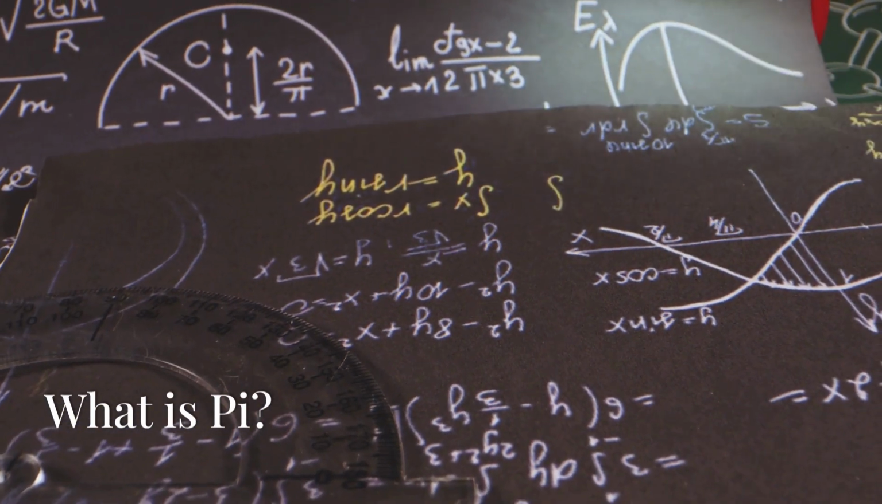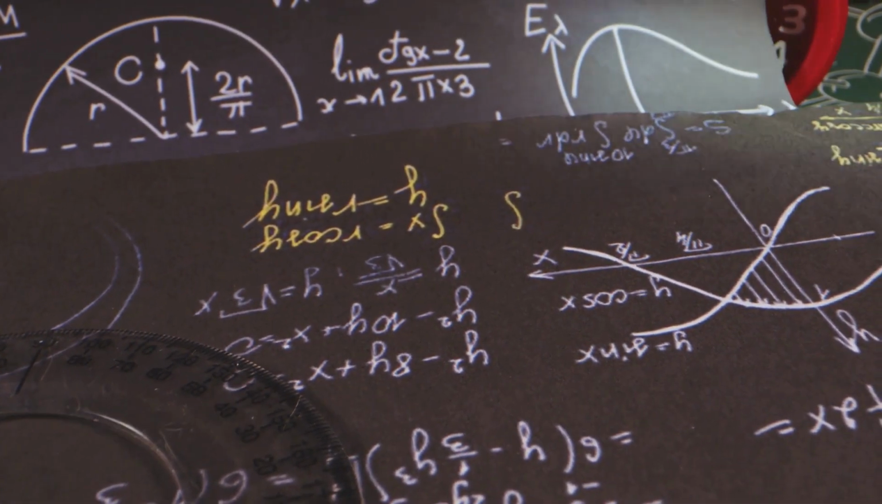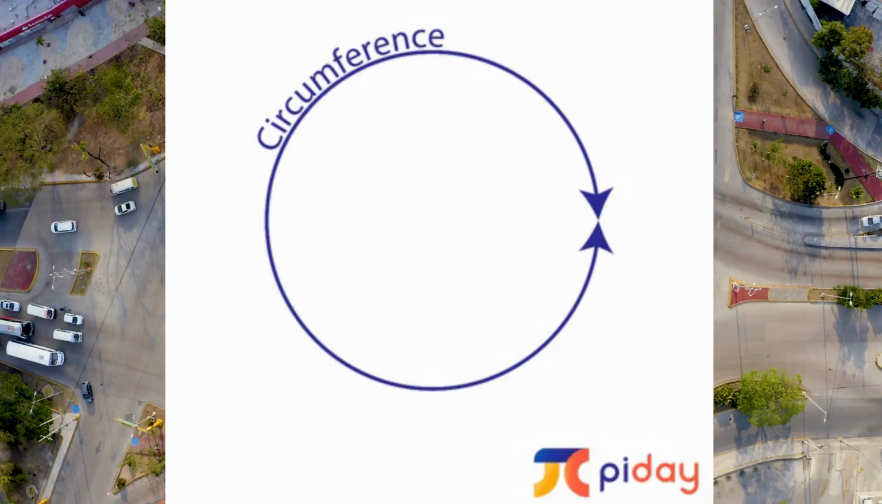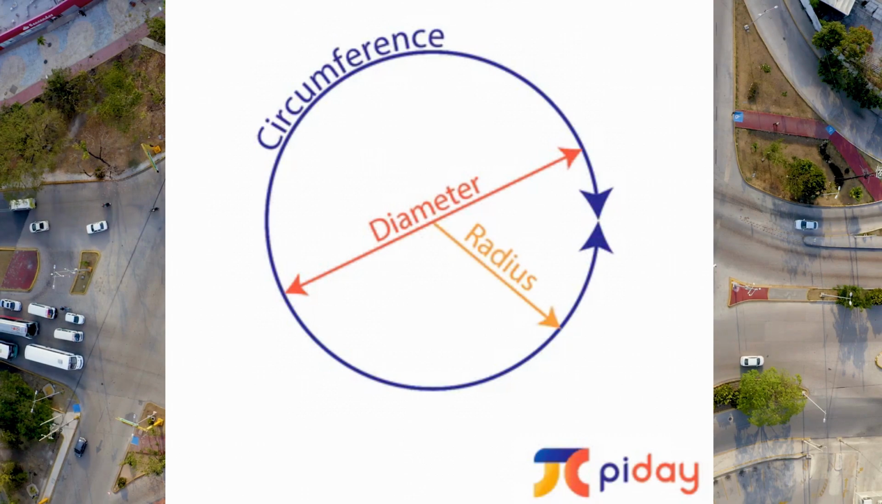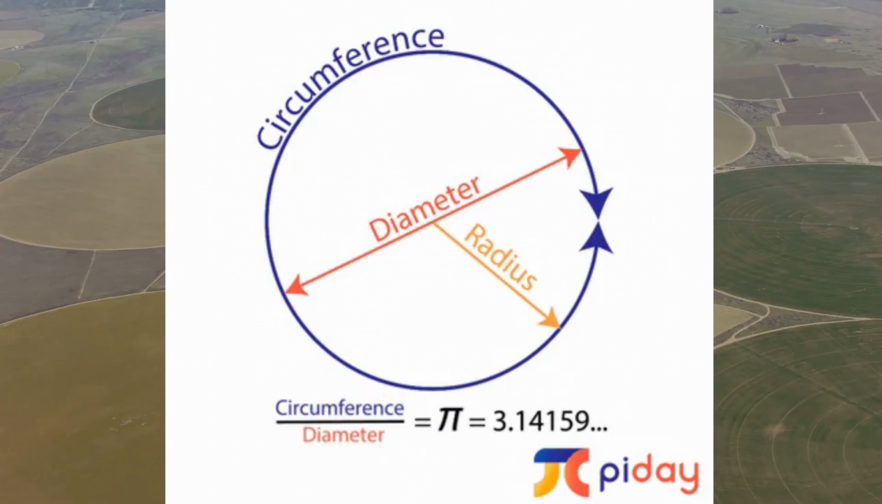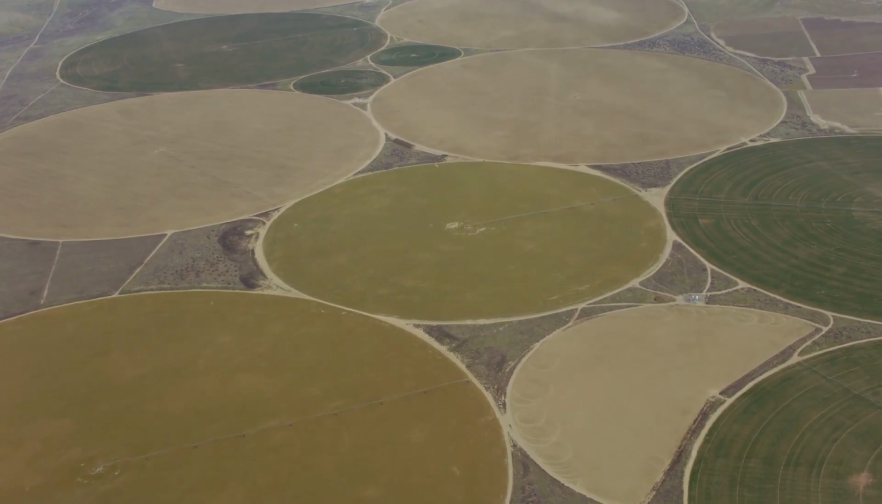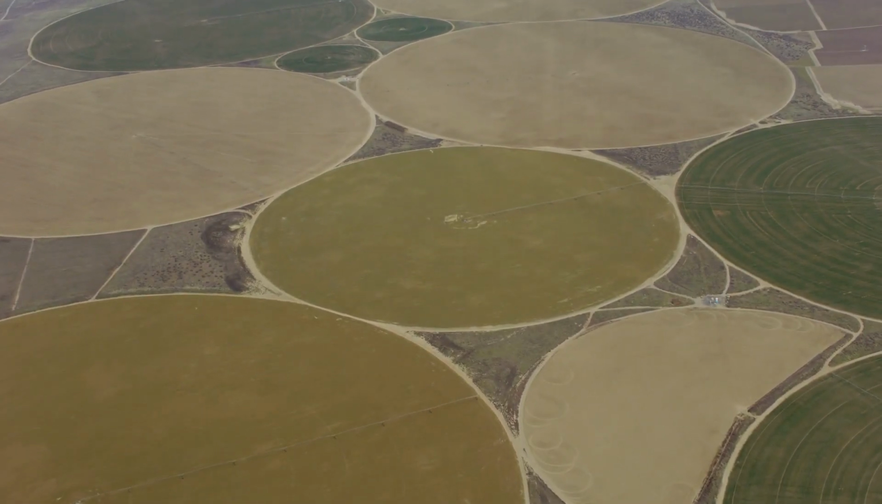What is pi? Pi is a mathematical constant. It is represented by the Greek letter pi. Pi represents the ratio of a circle's circumference to its diameter. This means that no matter how big or small a circle is, the ratio of its circumference to its diameter will always be the same, approximately